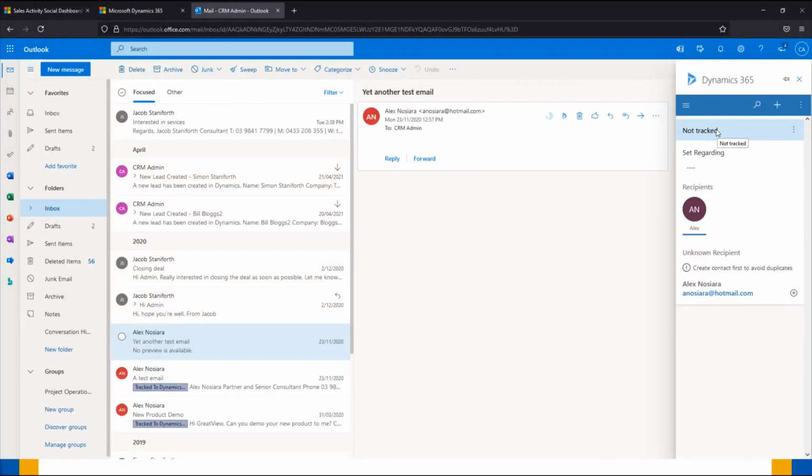Below, we have the ability to set regarding. And this is where we can link it to a specific record in CRM. And then finally, down the bottom, it tells us if there are any known recipients, in which case we can see that that's not the case here. But if I was to open up this one here,